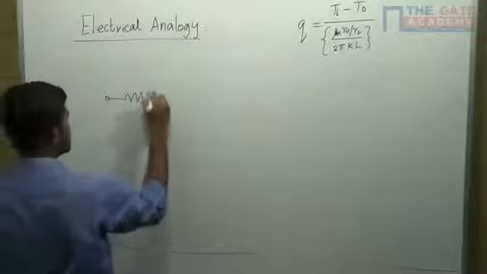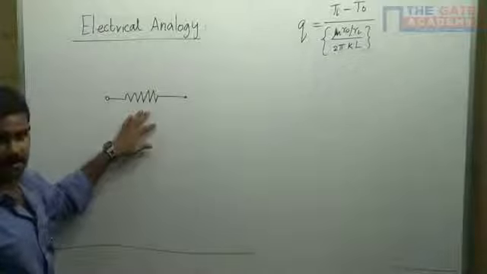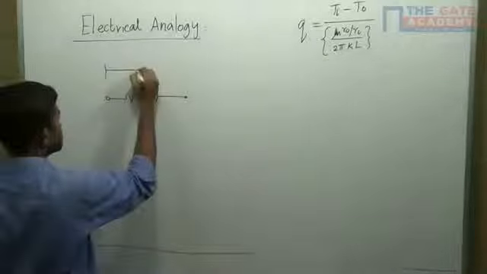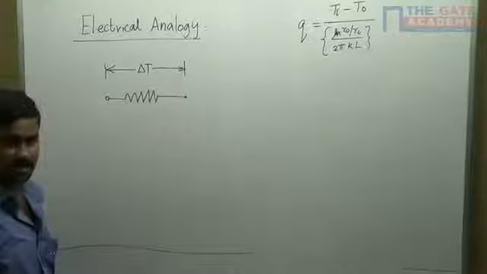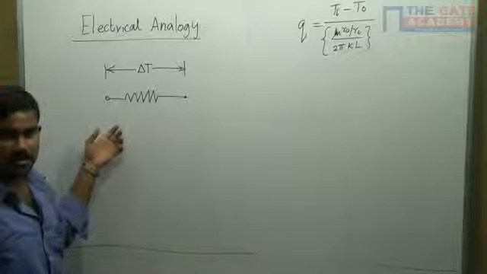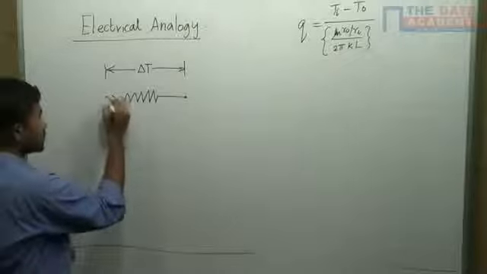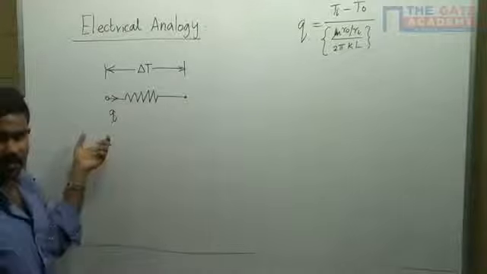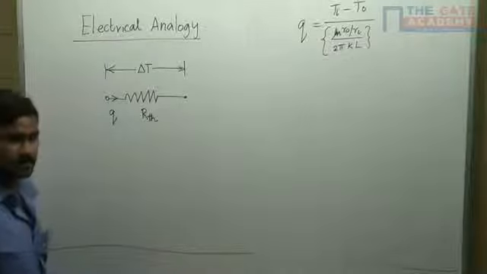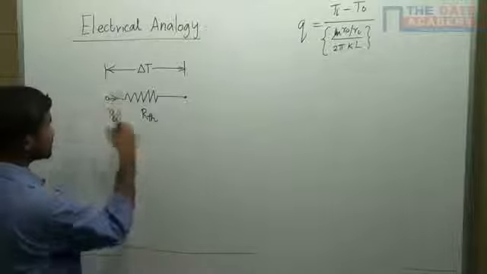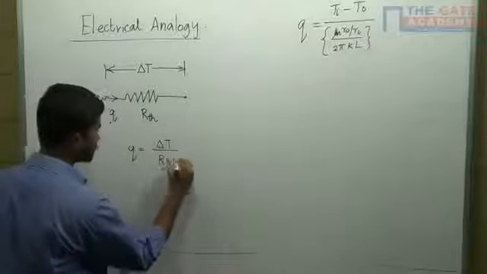As in electric circuits, even in thermal circuits you have what is called a thermal resistance. What is the driving force here? It is the temperature difference. There it was a potential difference, now the driving force is a temperature difference. And the quantity which flows is the heat, which we call the heat transfer. The resistance is R thermal, and the relation between these three quantities is Q = delta T by R thermal.